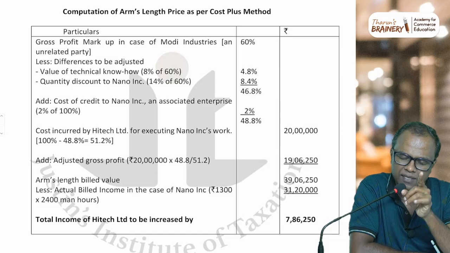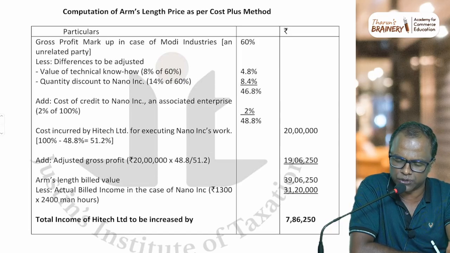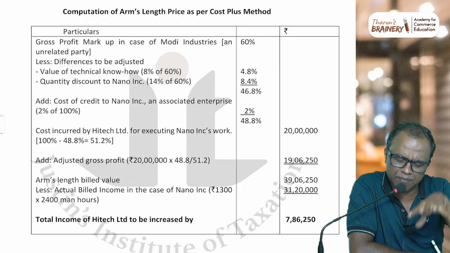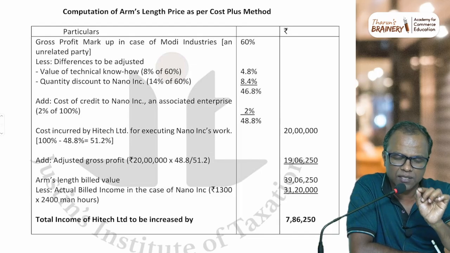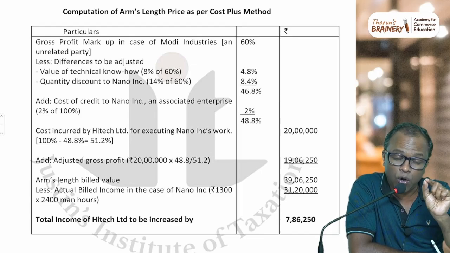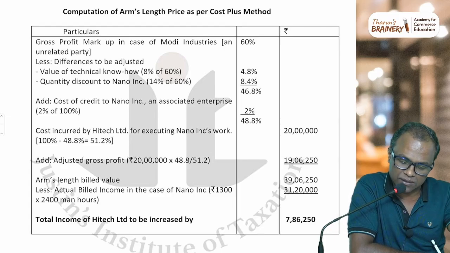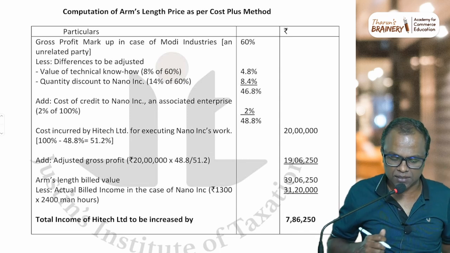That's the only difference. They made a change when asking a question recently, I think in 2022 or 23. They asked a question outside the syllabus. In that same pattern, even the adjustments are the same. The only difference is they use the word 60%. I'm not sure whether it is 60 or something like that, on cost. Clearly it says on total cost. So that question is based on margin as a percentage of cost, but this question is margin as a percentage of